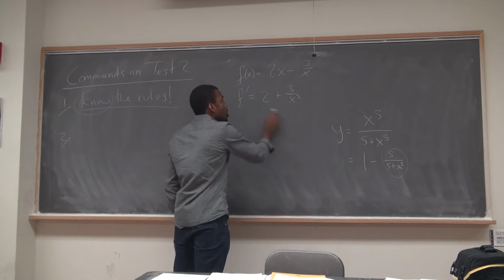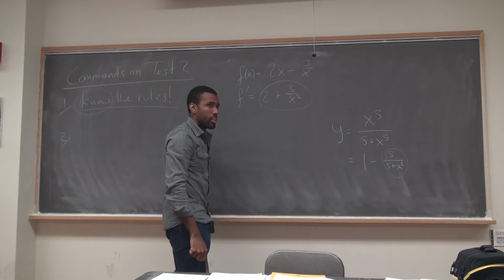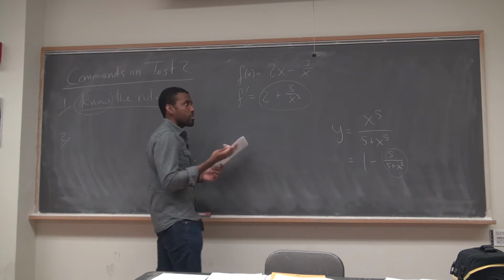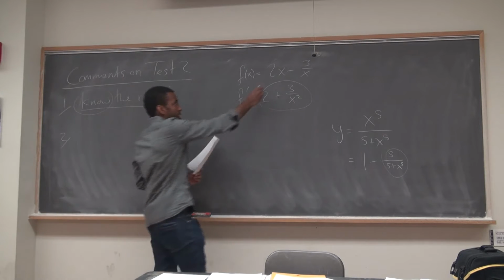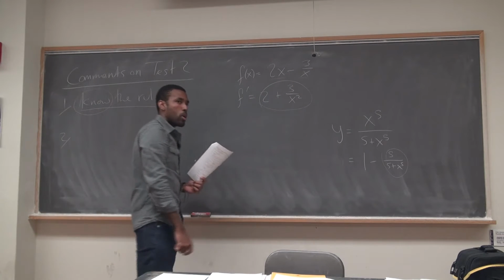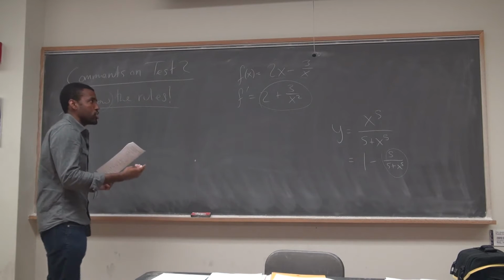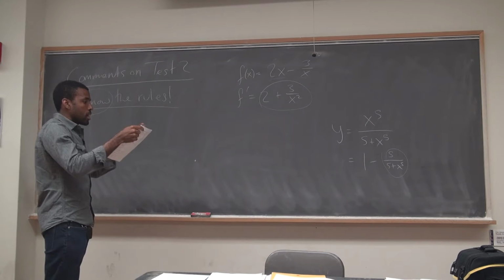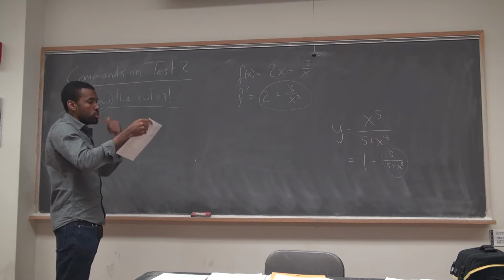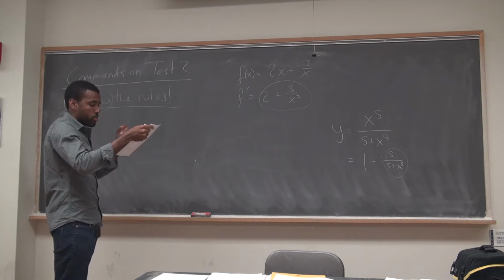Right. So you know the answer. You know that's what you should get. If you get something else, it should kind of jump out at you, right? I mean, this is a simple power rule problem. So I saw a lot of crazy answers there. If you got a crazy answer for part A, but you used that correctly in part B, I would have given you full credit for part B.